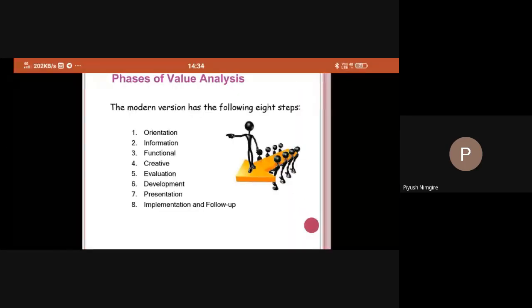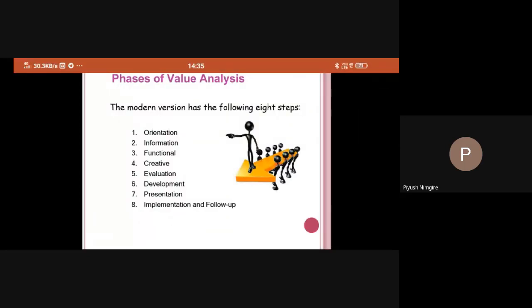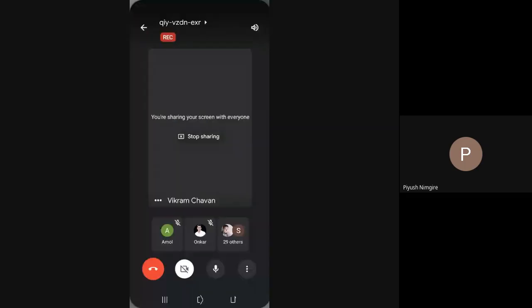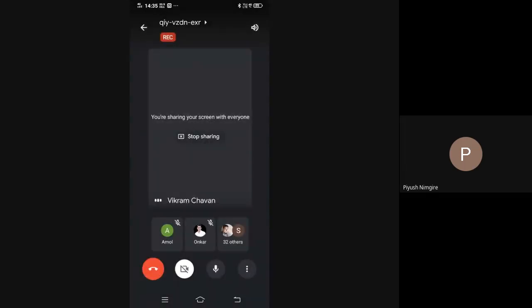So, in the last lecture, we have covered some of the points related to value engineering and value analysis. We discussed the uses of value engineering and when to apply it. Also, we discussed why unnecessary cost arises in any product. Then we discussed the various steps in a value analysis. The first one is blast, then the second one is create, and the third one